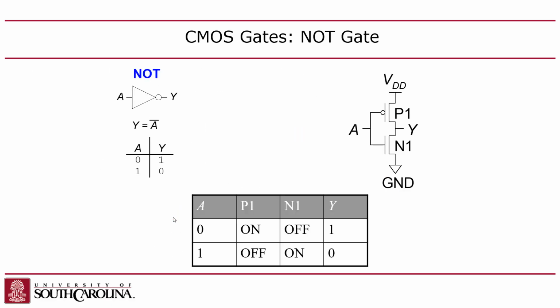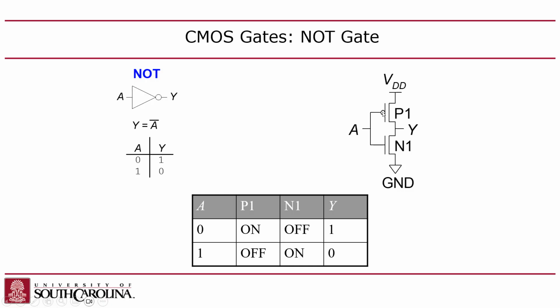Okay, so in the case of an inverter, it's very simple. There's basically just one transistor in the pull-up network and one transistor in the pull-down network. Remember, the pull-ups are always PMOS and the pull-downs are always NMOS. Okay? Now, why is that, by the way? Why is that? Well, remember that the